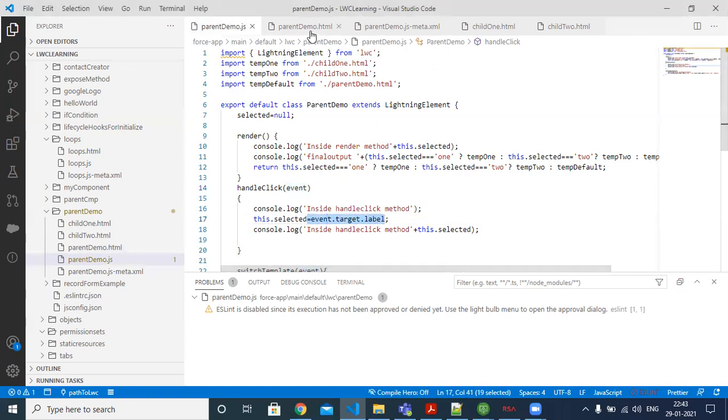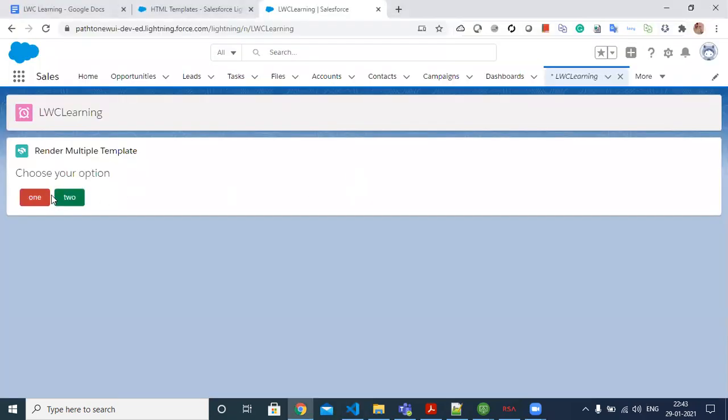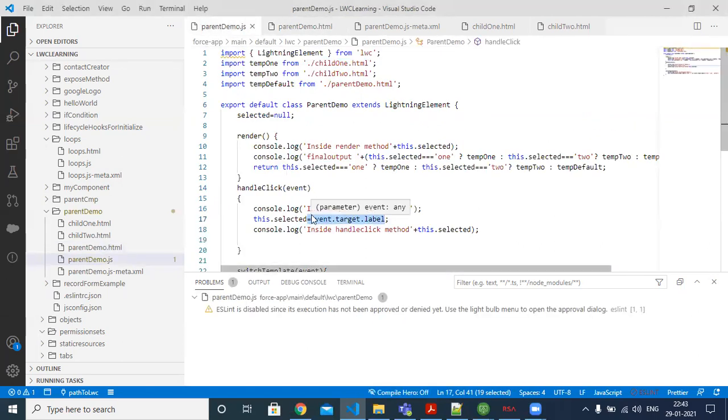If you see my parent HTML file, it has a label of one, right? So if I click the one button, the label is one. Immediately inside the JavaScript handleClick method, we are able to identify that the user action is from button one.